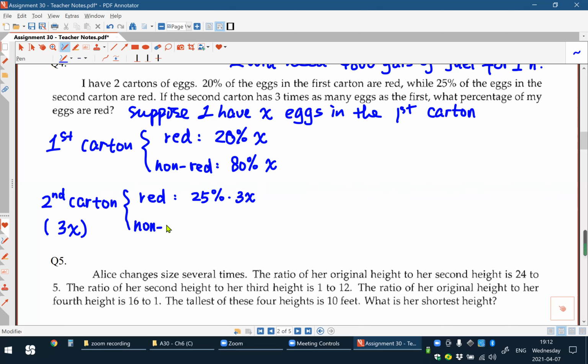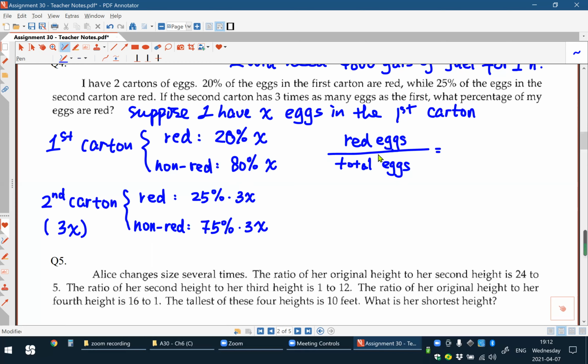And for the non-red ones, of course, the remaining 75% times 3x. These are the non-red ones, right? And now we want to find the percentage of red eggs to the total number of eggs. So red eggs over total eggs